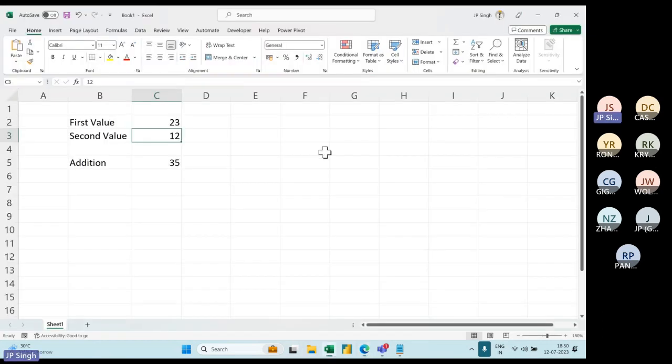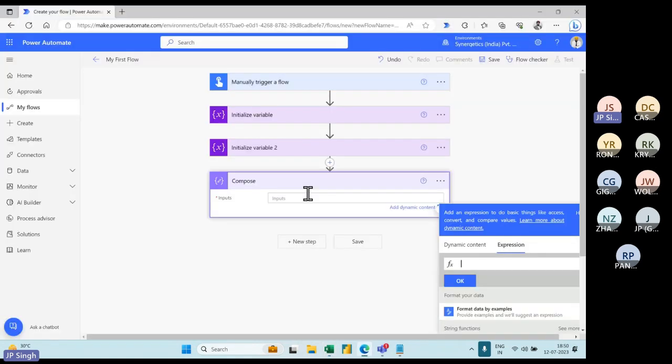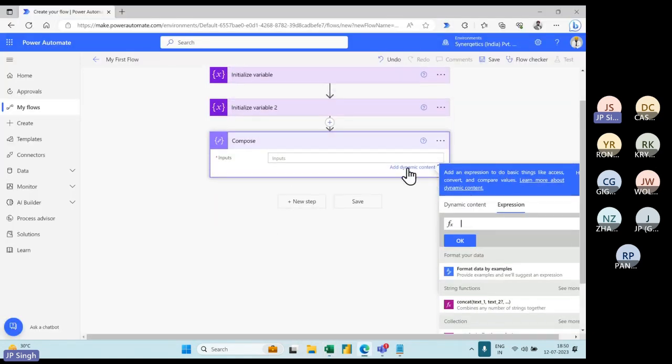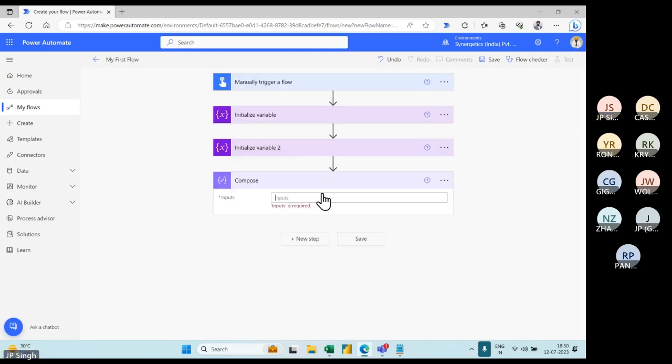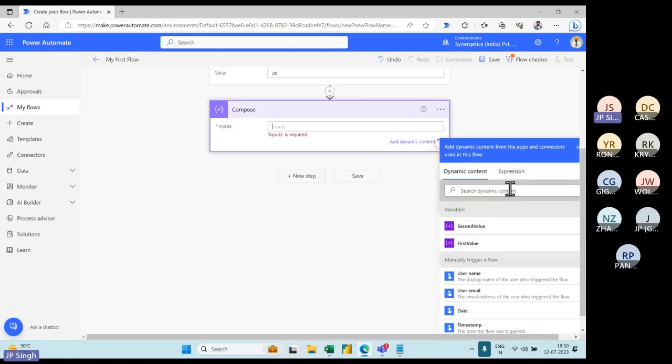So when I type here is equal to, what is this coming, guys? What are these all? When I type something, for example, if I type count, what are these all? Formulas and functions. This is a collection of formulas and functions, like in Excel. There are lots of them, they will automatically come and we'll work on that. Similarly, whenever you have a dynamic content, I'll come here. There is an expression